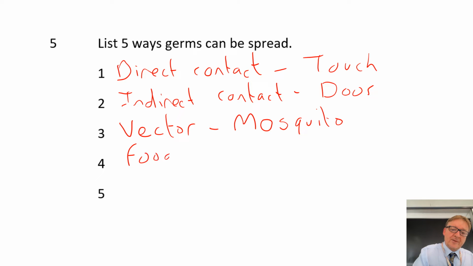It can also spread through food, and it can also spread through water. So you can quite easily have germs on food and you can eat it, like salmonella in chicken, salmonella in eggs, salmonella in other types of food, and water, where you might get a waterborne disease that can also be.